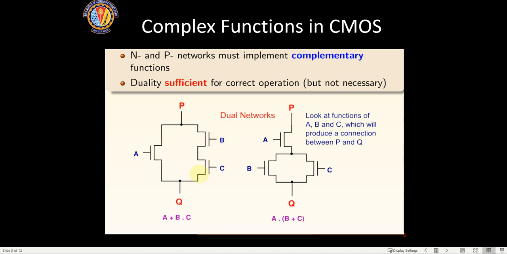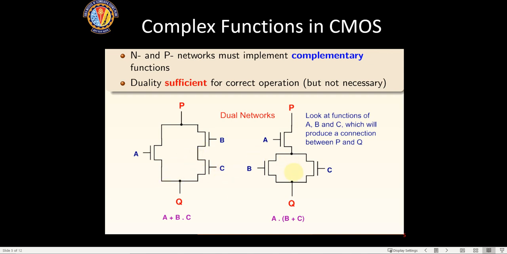As of now, we are just representing this function only in the pull down network. We will have to give a complementary pull up network also. So I am just trying to show only this aspect in a limited way. Is it understood? How this is mapped here, only try to understand that much, and in the next slide your doubts will be cleared.